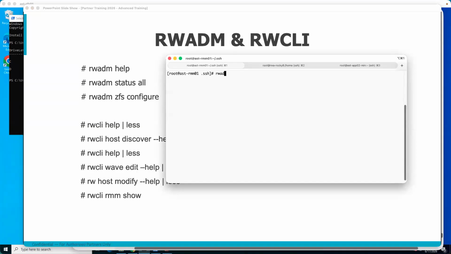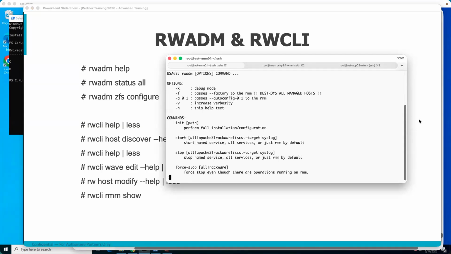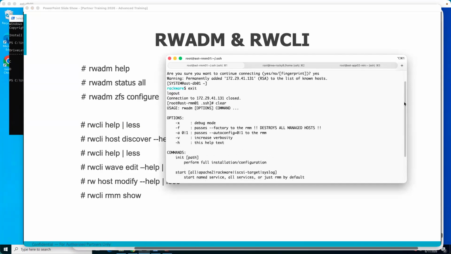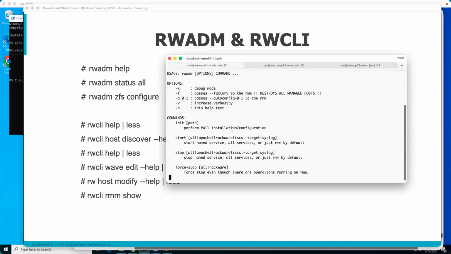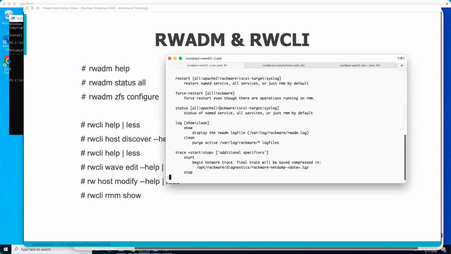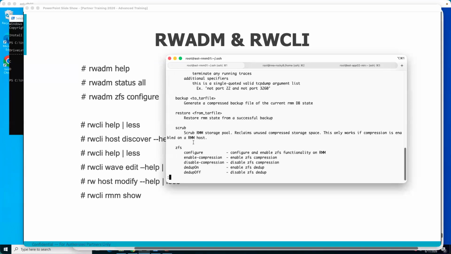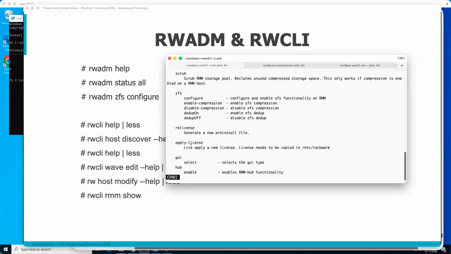Okay, so RWADM help. Cool. So these are things that you're going to use to start and stop services, reinitialize the RackWare engine itself, force stop, and also do things such as control the storage that the RackWare engine would use for disaster recovery. We don't need additional storage for migrations, but we do need storage for disaster recovery. So this is the command structure that you would use for that,